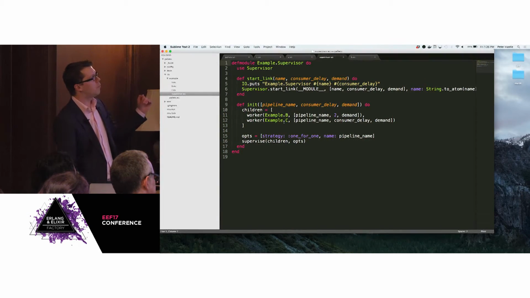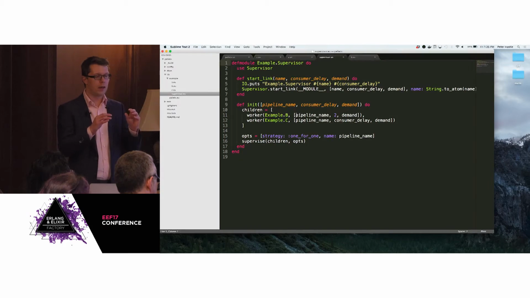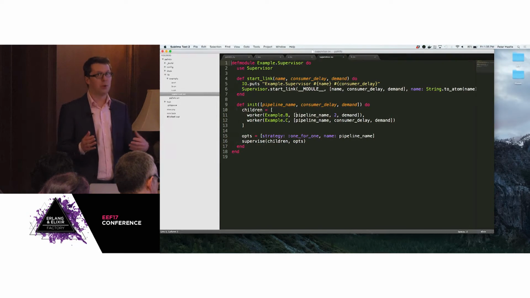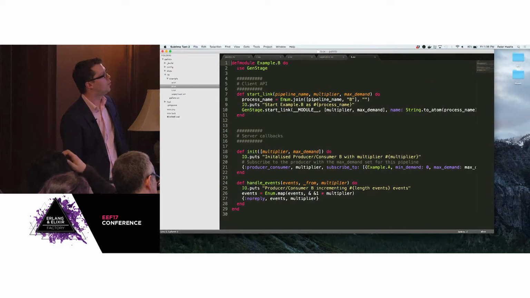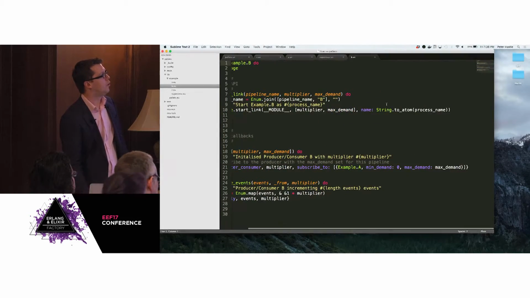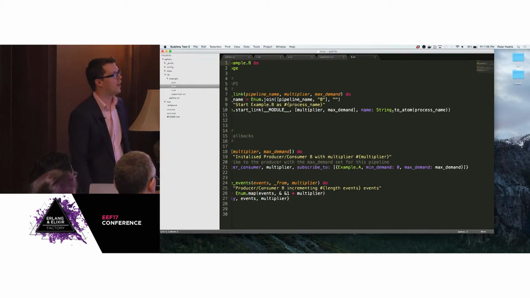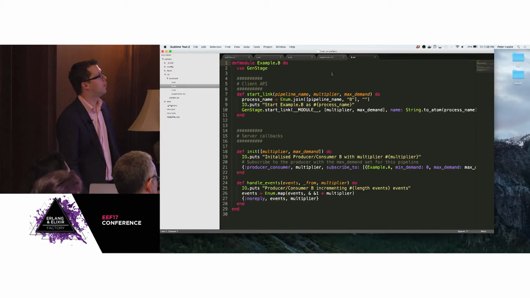And the key thing to get this working was that, because the consumer is going to look for producer consumers based on the name, I had to have a discoverable name, but it also had to be unique. So I passed the pipeline name into the producer consumer so that it can build its process name just by joining the pipeline name, so if it was slow pipeline plus the B, then when it launches you just build a new atom from that. And I know building atoms on the fly can be a no-no sometimes, but here we know how many we're going to have, so it shouldn't be a problem.